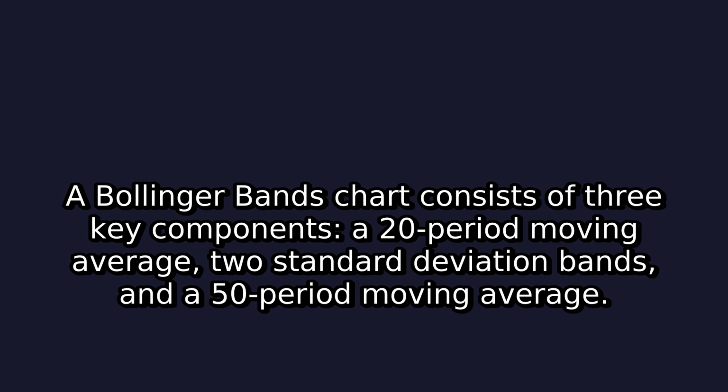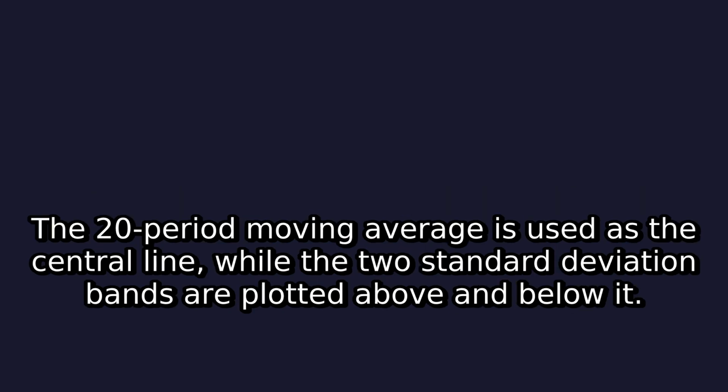So, let's start with the basics. A Bollinger Bands chart consists of three key components: a 20-period moving average, two standard deviation bands, and a 50-period moving average. The 20-period moving average is used as the central line, while the two standard deviation